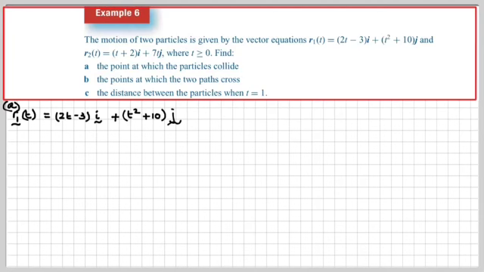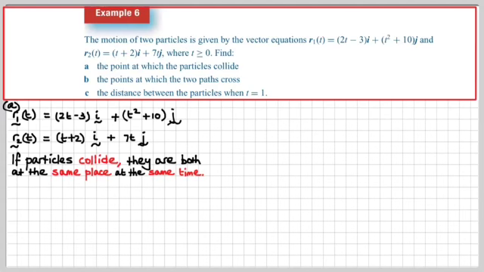All right, there is R1 of t, and here is R2 of t. Two different paths, right? Two different particles. Now, we have to get them to collide, and we have to get the point at which the particles collide. Well, in order to do that, we're going to first have to get the time that they